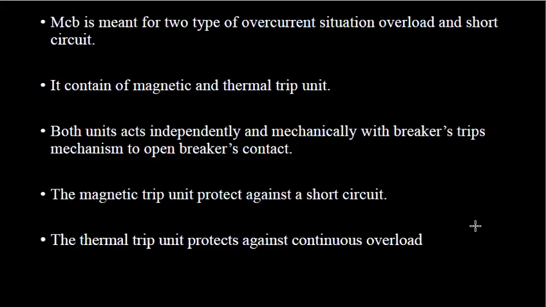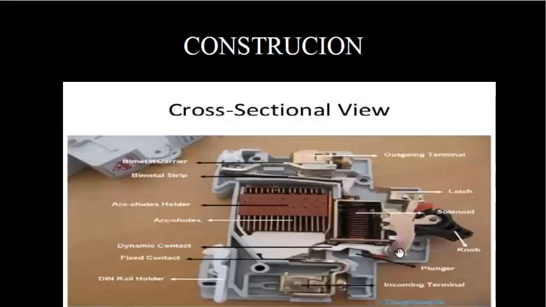But during a short circuit condition, the current rises suddenly, causing electromechanical displacement of the plunger associated with a tripping coil. Here you see a plunger, right? So by using this plunger and the tripping coil, there is an automatic response to the rise in current. The plunger strikes the trip lever, causing immediate release of the latch mechanism, and consequently opens the circuit breaker contacts. So this was a simple explanation of the miniature circuit breaker working principle.